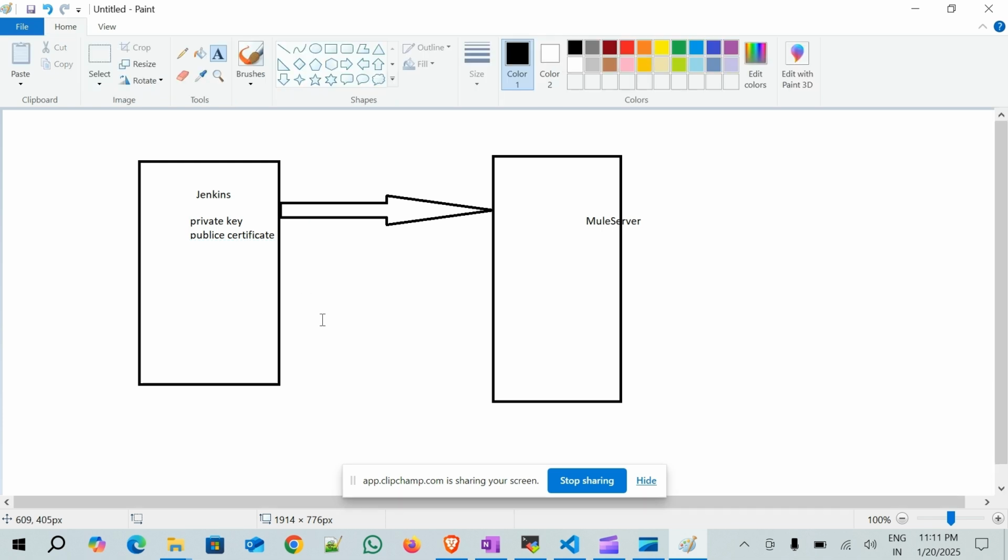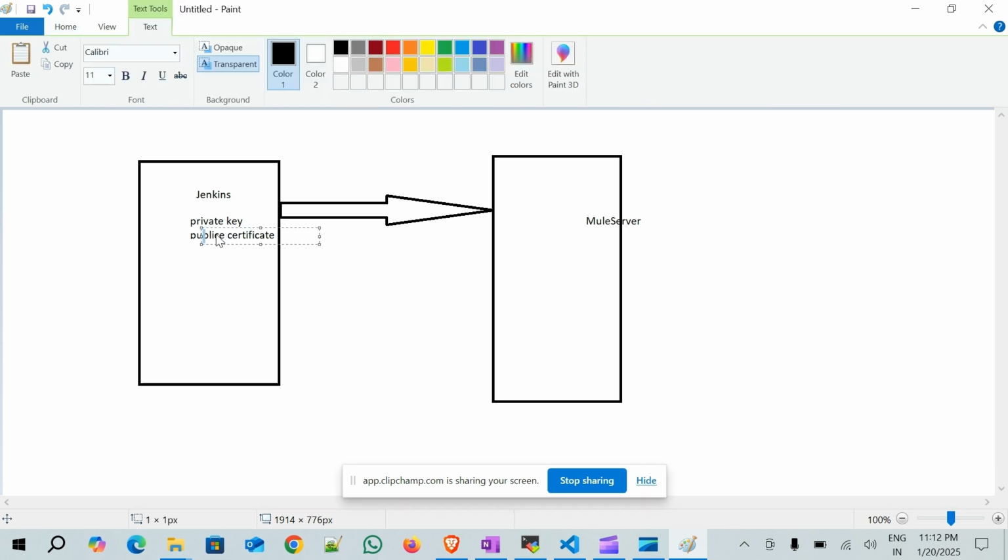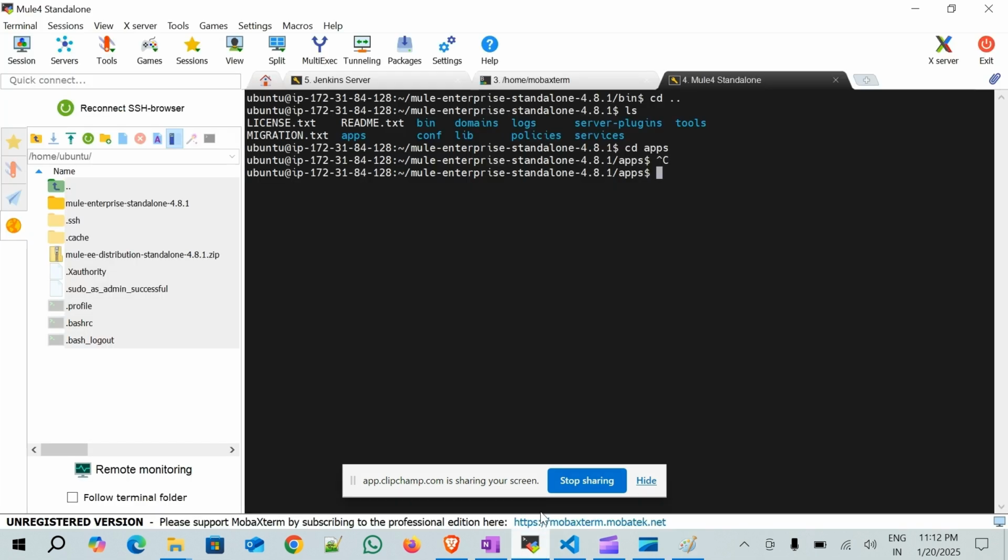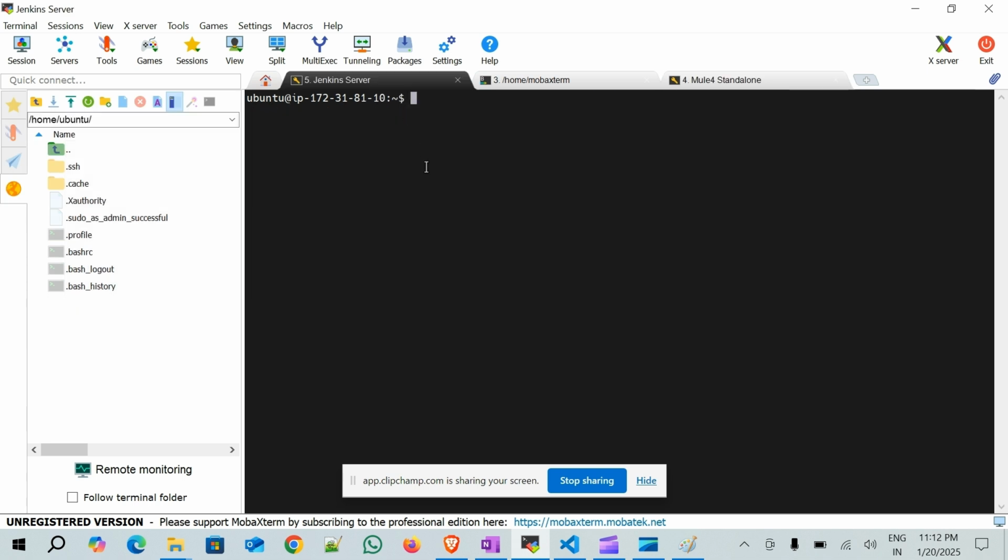So if we want our Mule server to identify the Jenkins server, we have to keep the public certificate of the Jenkins server inside the Mule server. If you move this public certificate and paste it here, then the communication will happen between your Jenkins server and Mule server. So how we can do this is just go to your Jenkins server